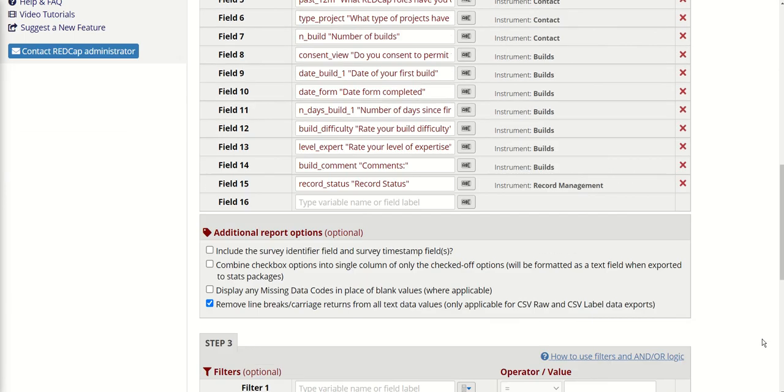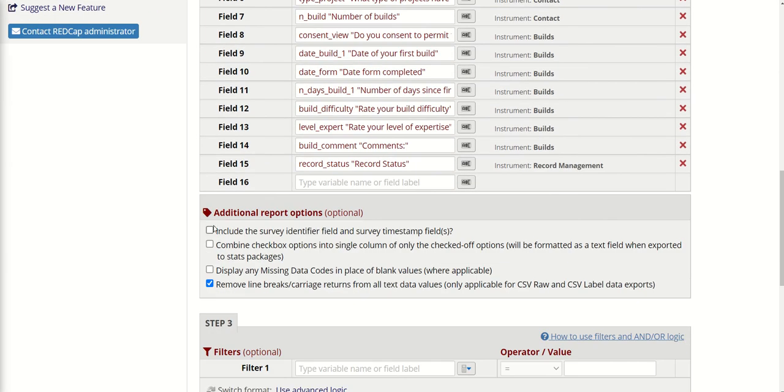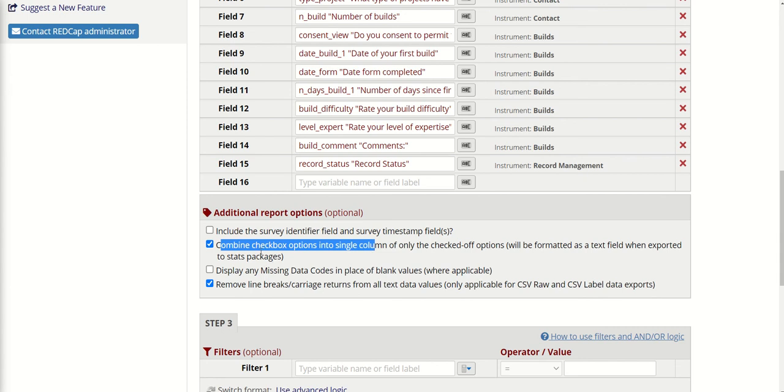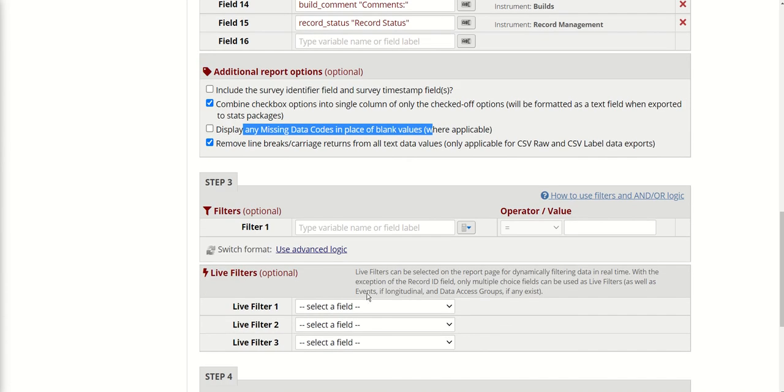So the first thing I'm going to do, and you need to kind of pay attention, there's all kinds of crazy options that you can turn on, turn off, that kind of stuff. I could combine my checkboxes into one field. I am going to do that only to make my survey less cumbersome, and I'm not planning to do anything with it later, so it's no big deal. I could have my fields timestamps placed into my table of my report. I could also have any blank items put missing codes automatically. I don't want that. I could remove line breaks,